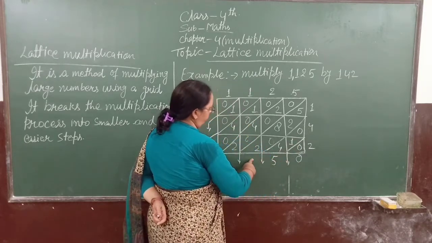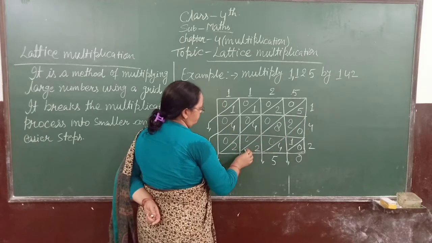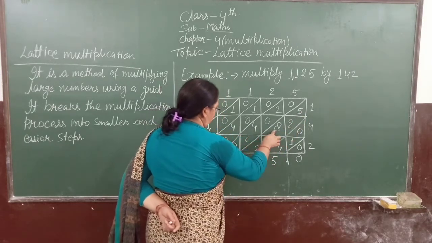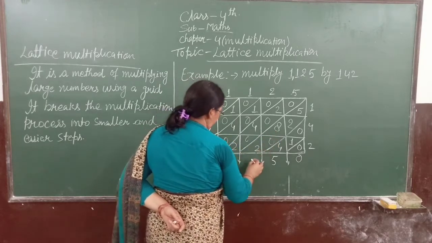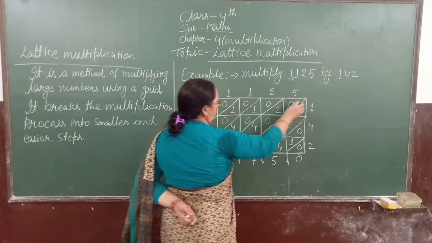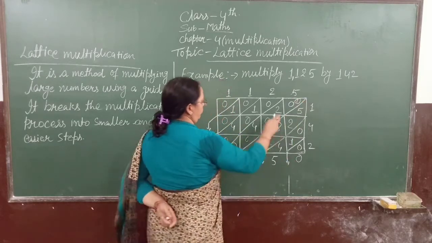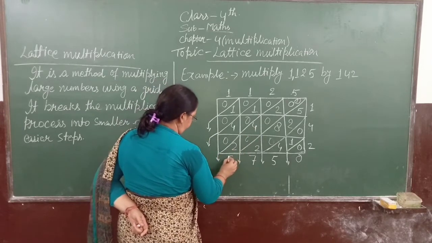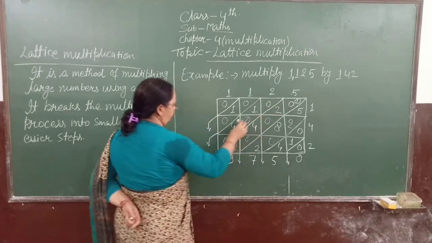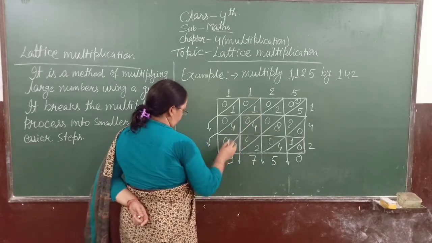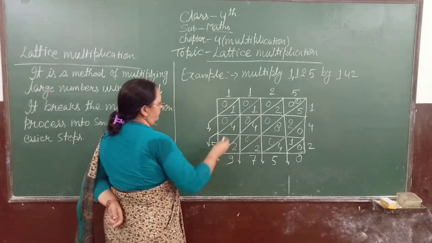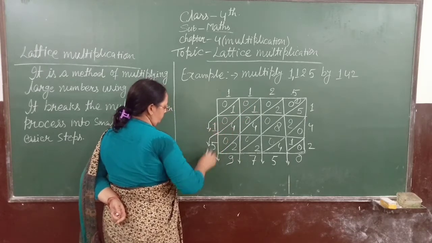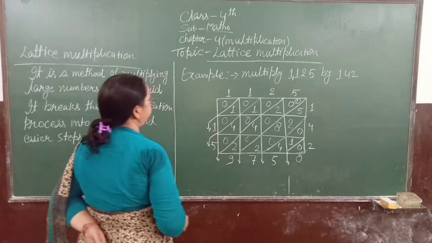In this sector we write the addition of these boxes. So 5 plus 2 is 7, 7 plus 8 is 15, 15 plus 2 is 17. 7 is here and 1 is on the top. 2 plus 1 is 3, 3 plus 4 is 7, 7 plus 2 is 9, and we add this box. This is 4 plus 1 is 5, and this one, sum of this is 1. So write down here